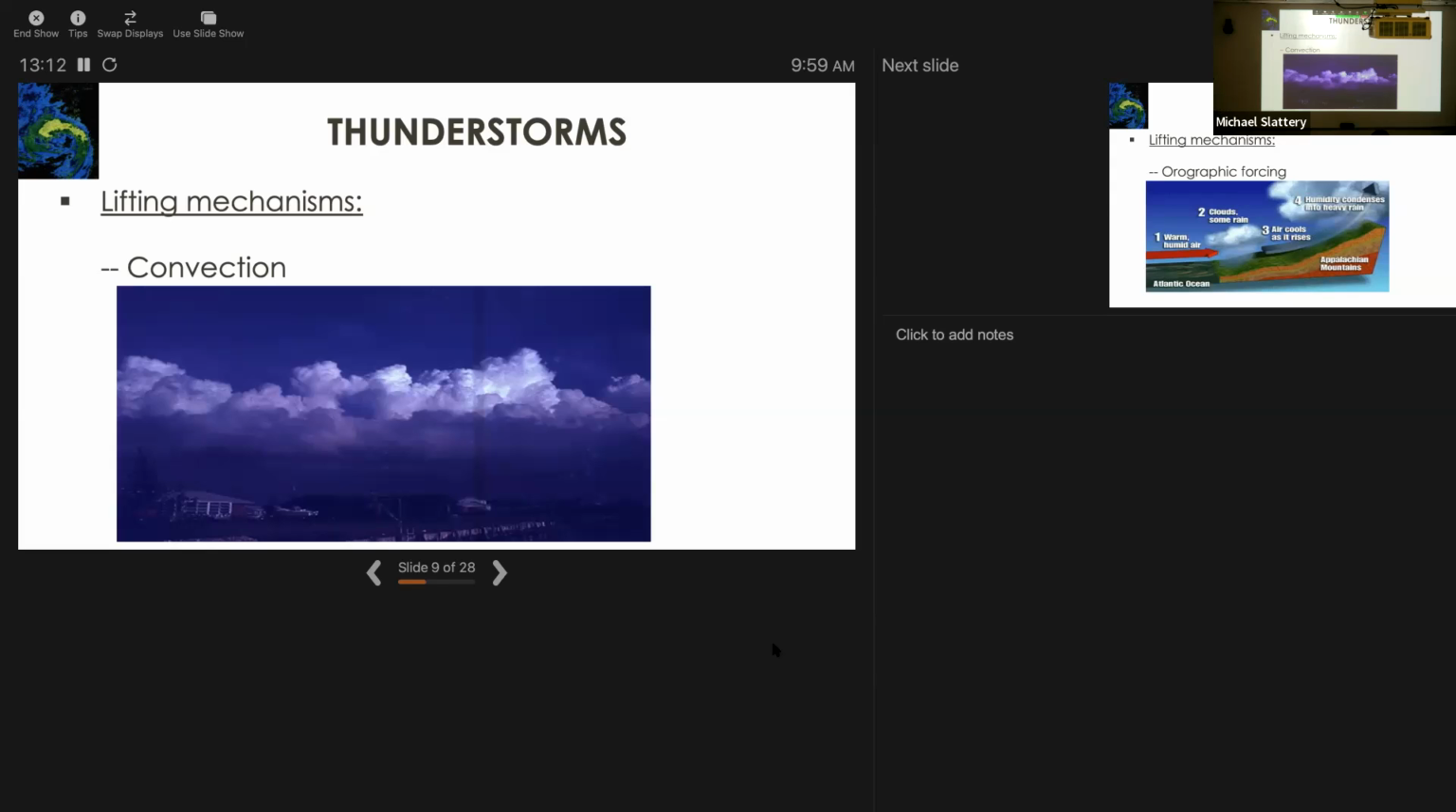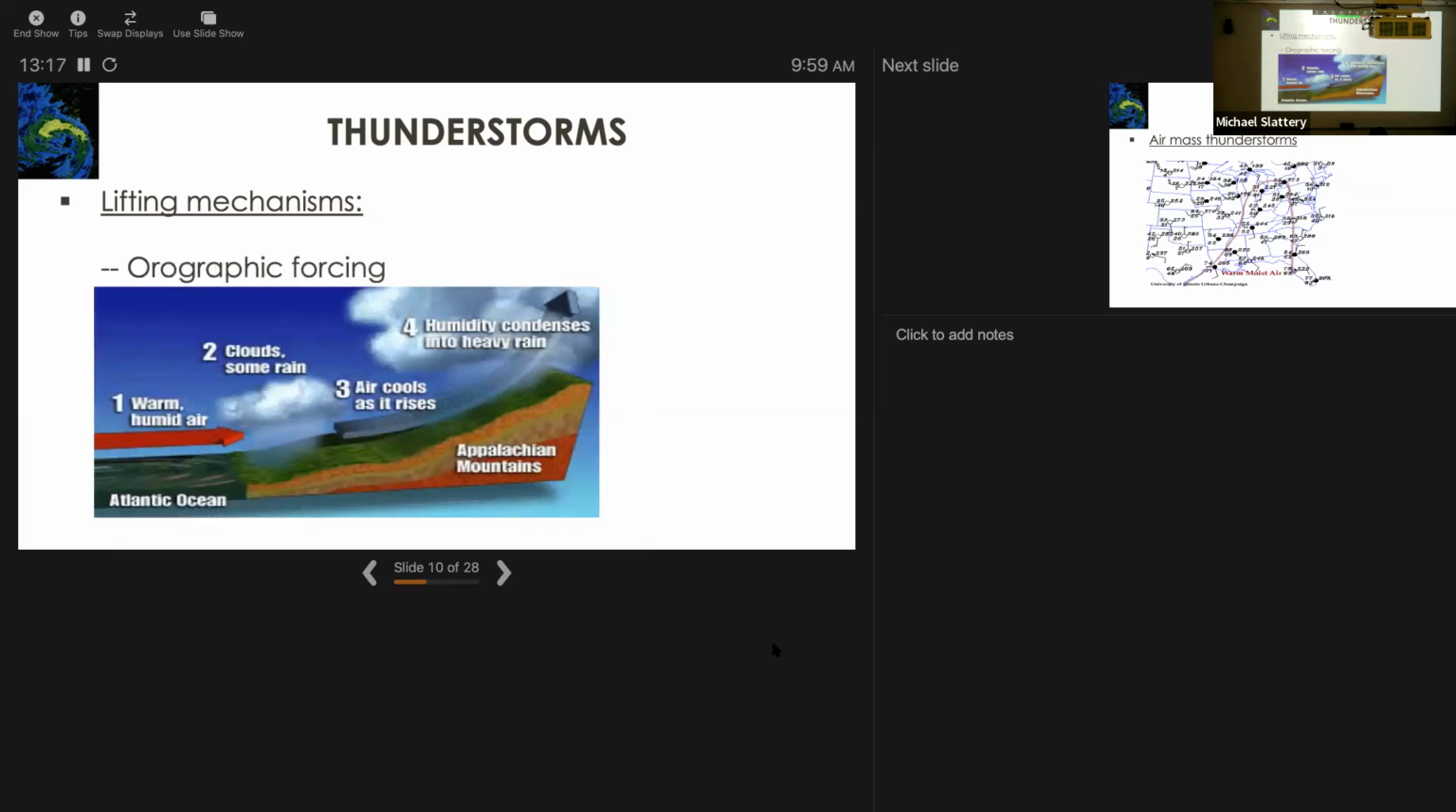So summer afternoon heating, convection, important lifting mechanism. We've also got orographic forcing, another mechanism, right? The rainiest places in the world are places that are halfway up mountains, where we've got warm, moist air coming off ocean surfaces, like coming off the Indian Ocean into, for example, the Bay of Bengal, or India, or if any of you been to Hawaii, right? Or the West Coast Mountains, the Cascades, the Pacific Northwest, any air that comes in that may be completely